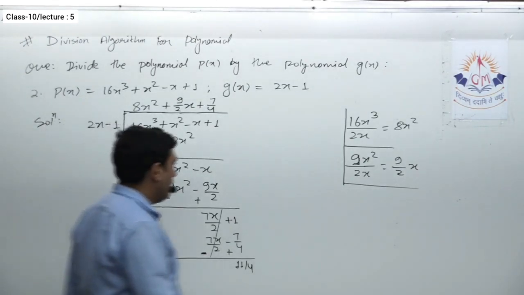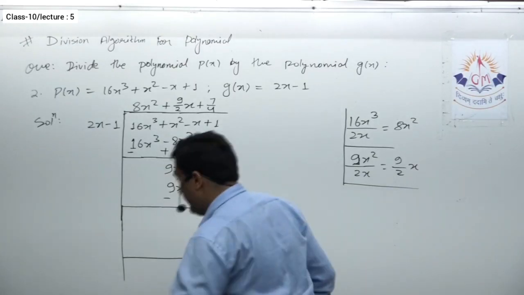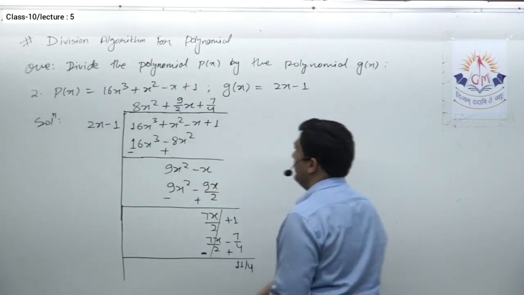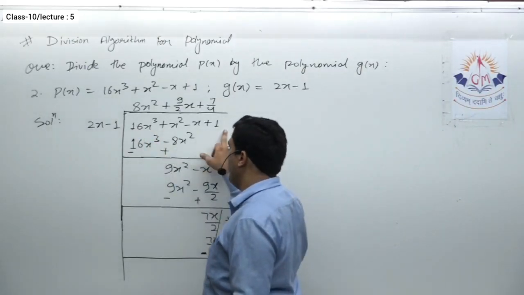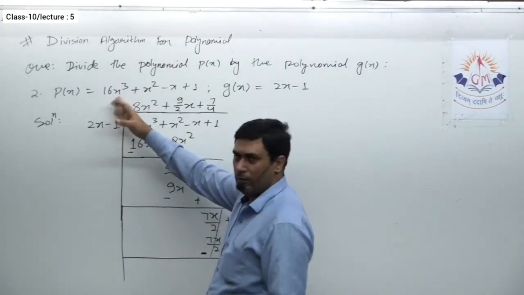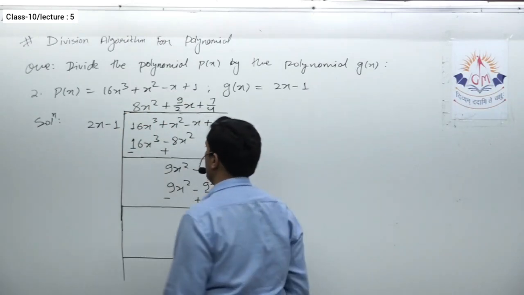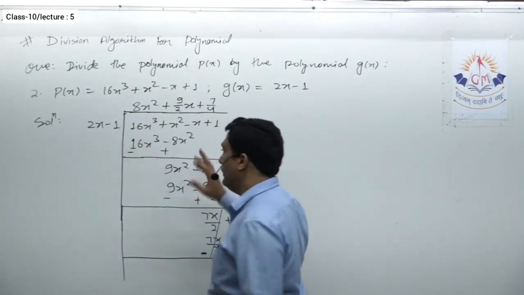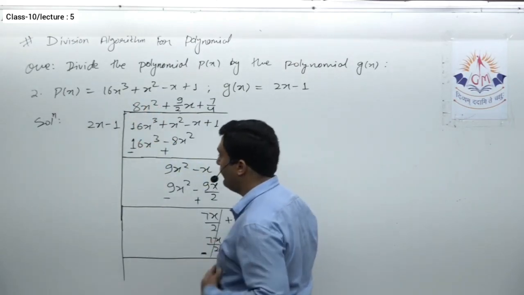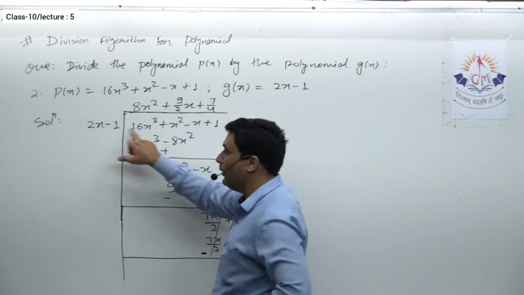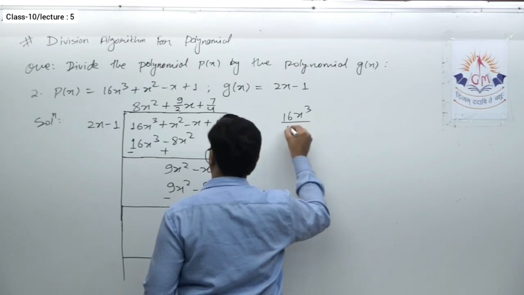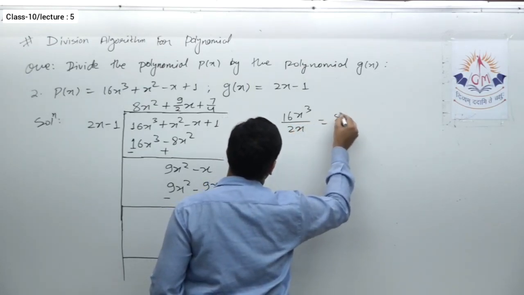Okay, so before I move to the next question, let me explain this once again. However, the method is the same. The very first step is that you have to write the dividend polynomial and the divisor polynomial in standard form, which are by default in standard form in this particular question. So I wrote that. Then, to obtain the first term of the quotient polynomial, you have to divide the first term of the dividend polynomial by the divisor. That means here I did 16x cube upon 2x, that gives me 8x square.